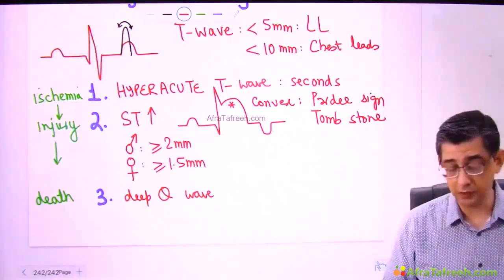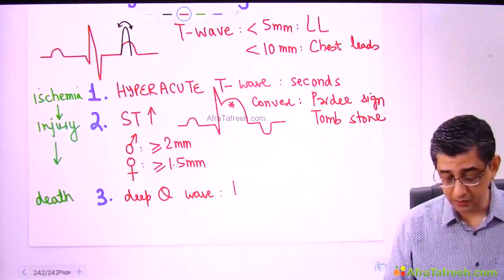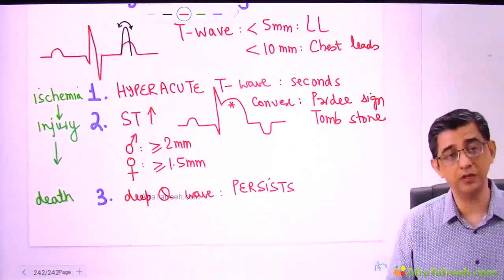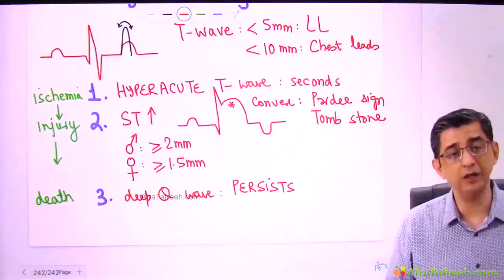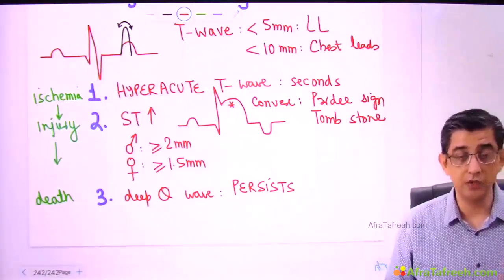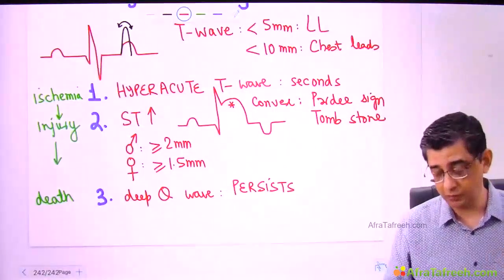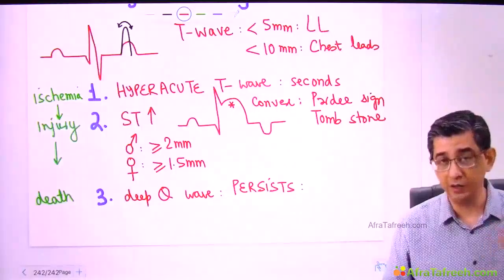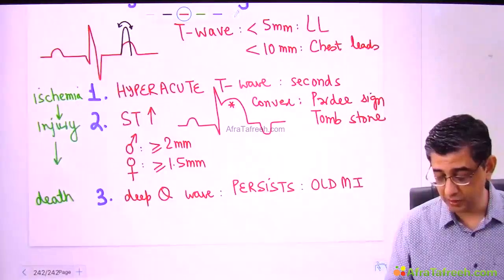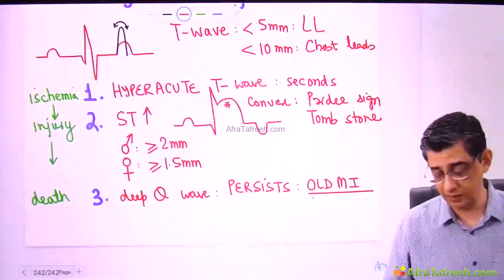Well, what is the importance of it? The importance is that this ECG finding will persist for the whole life of the patient, because even if you do thrombolysis, you can definitely reverse the damage present in the heart partially, but you cannot reverse death, obviously. So this deep Q wave will persist for the whole life of the patient, and therefore in another year the question asked was which ECG finding is suggestive of previous myocardial infarction, or old myocardial infarction.